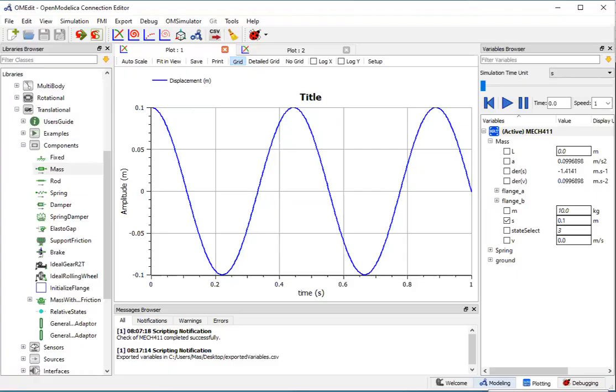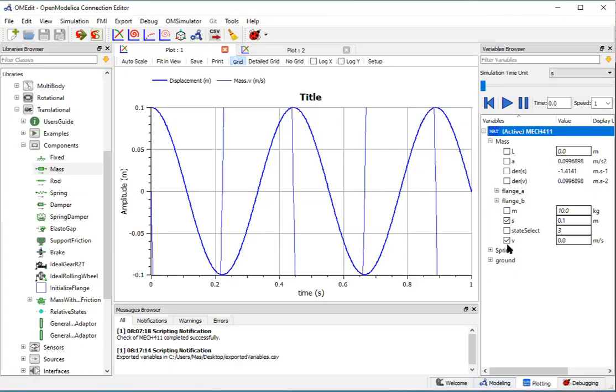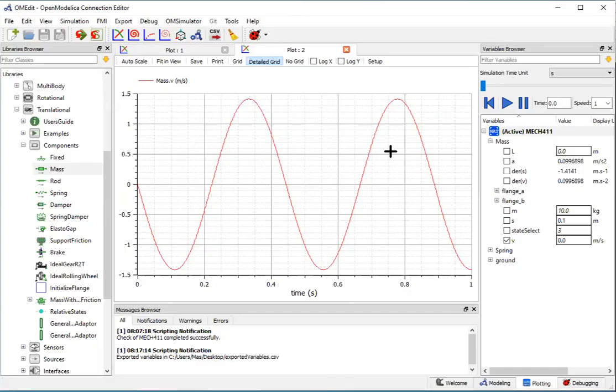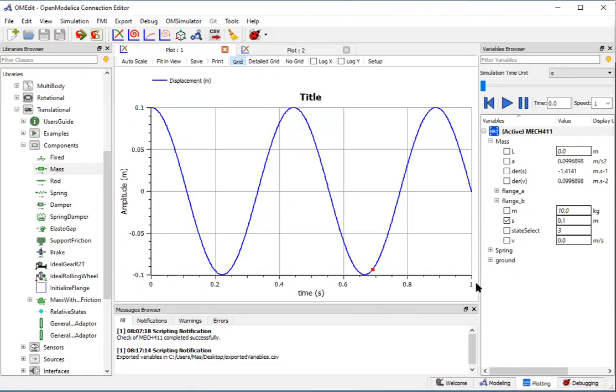That's all you need to know about the software environment. Keep in mind the mass, the displacement, the velocity when you want to plot: you can put them separately or together. You can manage the graph. Now, the simulation was run for 1 second, if you paid attention, and I didn't say anywhere how long I want the simulation to run. To change this time, sometimes you have to run the simulation for more than 1 second or less than 1 second. If we go back to the modeling tab